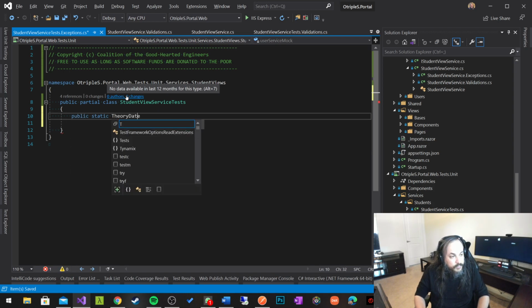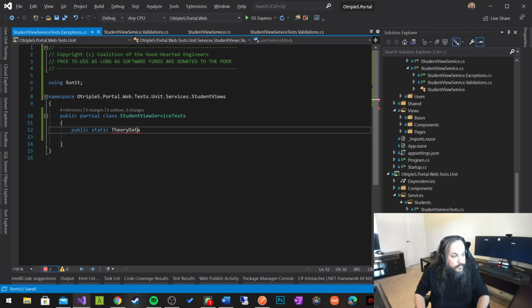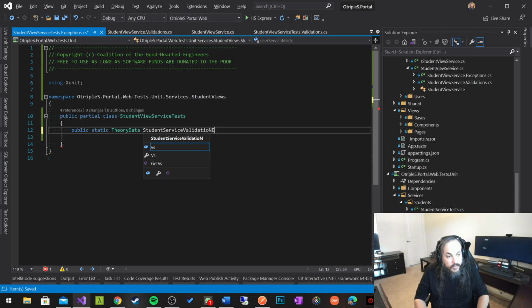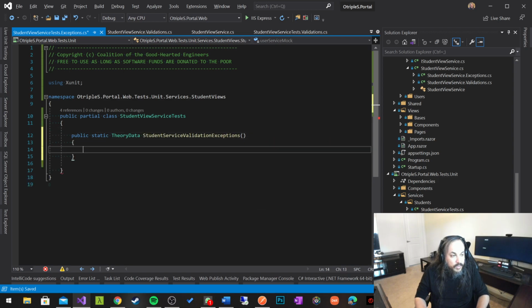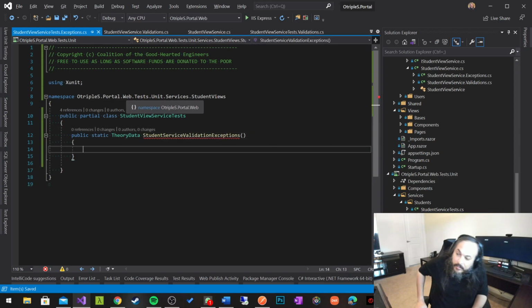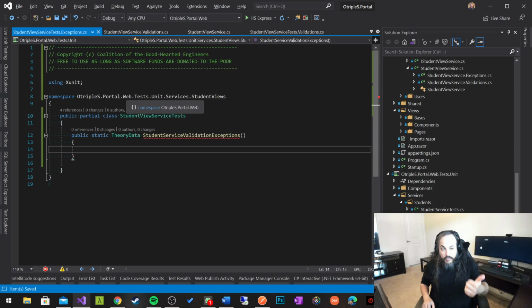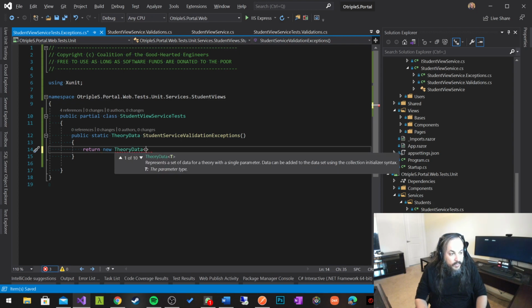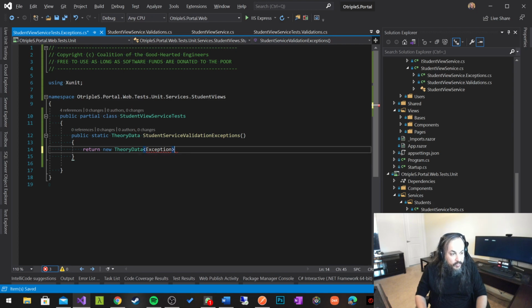theory data, and these are the student service validation exceptions. What does that mean? All the exceptions that are related to validations that may come out of this particular service, right? So what are these? Well, you can return here and say new theory data, and this theory data will have a generic type of an exception, and it has the following